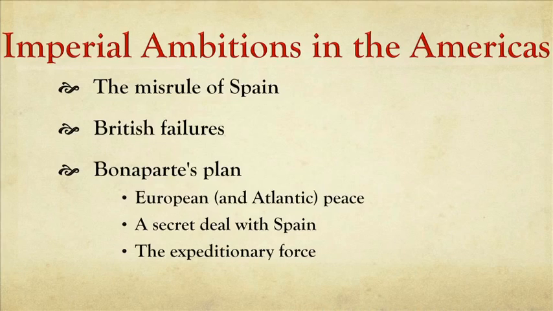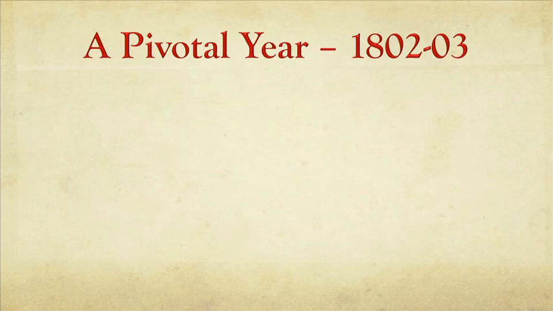And Bonaparte has to assemble a gigantic expeditionary force, tens of thousands of soldiers carried by hundreds of ships that can be sent on a voyage of reconquest of Saint-Domingue and an occupation of Louisiana and the key port of New Orleans. When you see the ingredients of these plans, you see the ambition of how Bonaparte hoped to consolidate a new overseas empire for the French Republic that he is recreating in his image. So let's see how Bonaparte's plan played out, especially in the pivotal year for it,